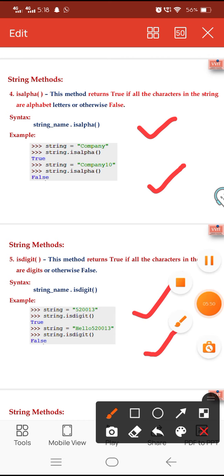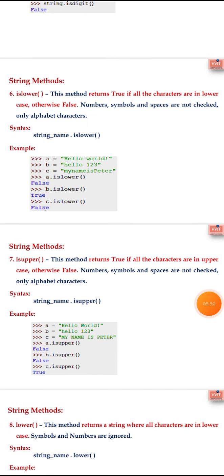The next one is islower. This method returns true if all characters are in lowercase, otherwise false. Numbers, symbols and spaces are not checked, only alphabet characters. Example: A is equal to "hello World", B is equal to "hello 123", C is equal to "my name is Peter".